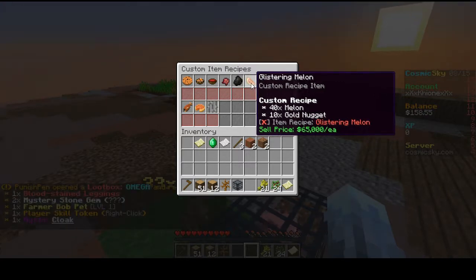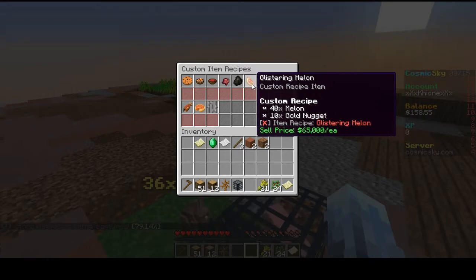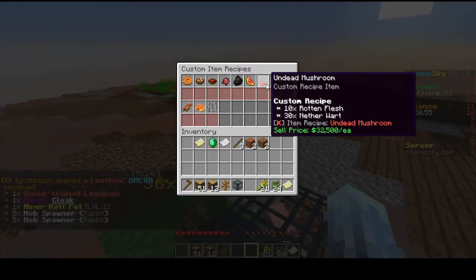Blistering melon, you need 40 melons and 10 gold nuggets. Gold nuggets is where you're going to be getting from your pig zombies, so it's going to take quite a while to be able to get up to pig zombie level. But those sell for $65,000 each. Your undead mushrooms, you need 10 rotten flesh and 30 nether wart, and you'll get one undead mushroom for